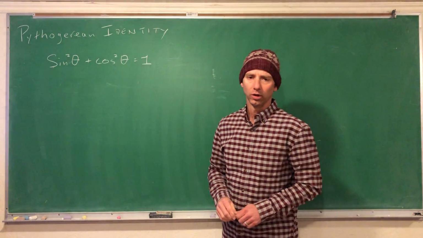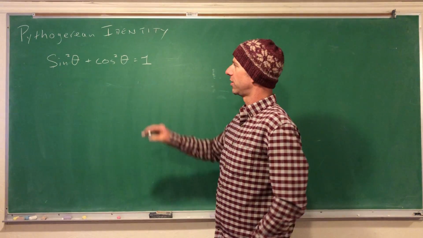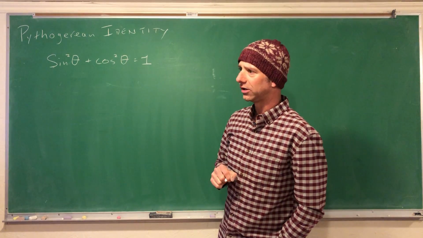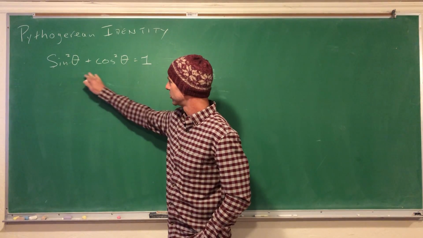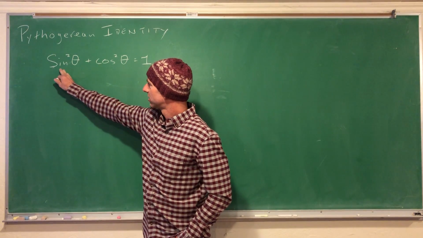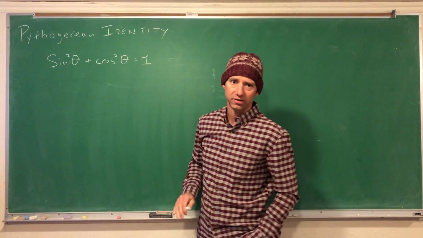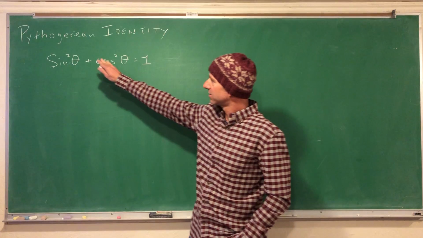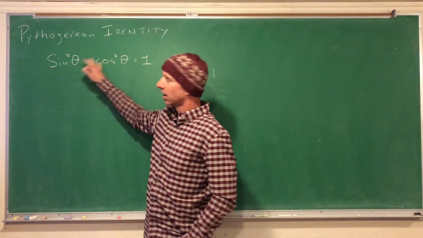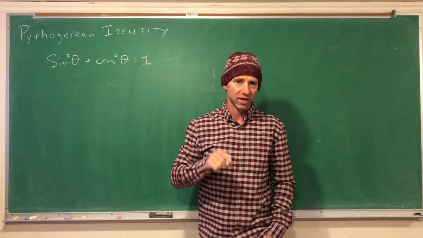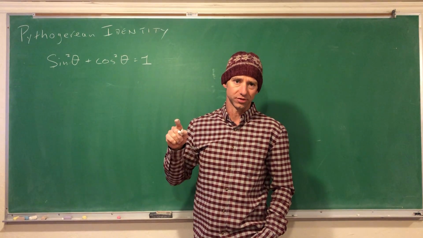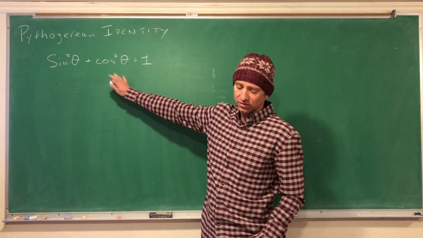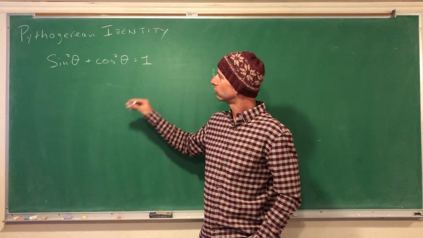We're going to do a little more work with the Pythagorean identity. Previously, we derived where this relationship comes from: sine squared theta plus cosine squared theta equals 1. And as the name implies, this comes directly from the Pythagorean theorem, a squared plus b squared equals c squared. So we're going to look at this, and there's a couple other things that can readily come out of